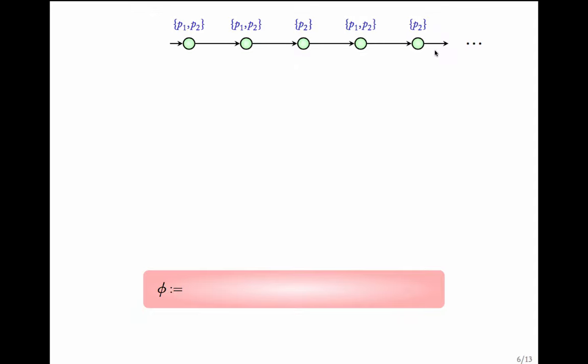Take a look at this execution. The trace of this execution is going to be an infinite word consisting of sets of atomic propositions. What I will do now is to build the syntax of LTL, in the sense, how do we form formulas in LTL and when do executions or when do traces satisfy them? Okay. Firstly,